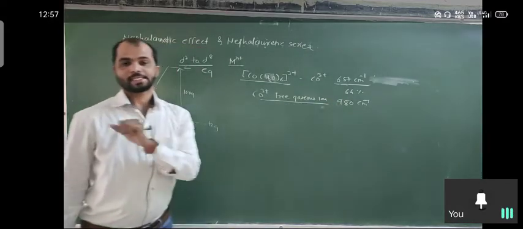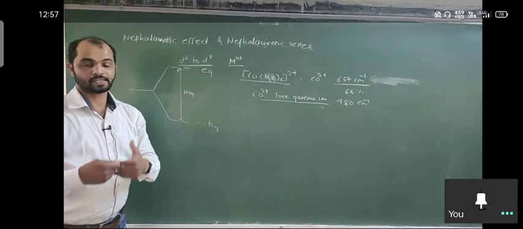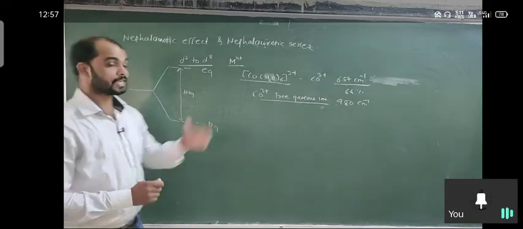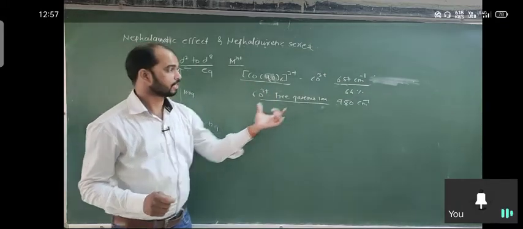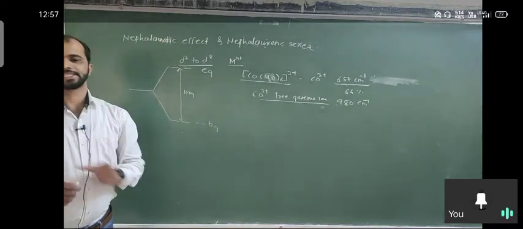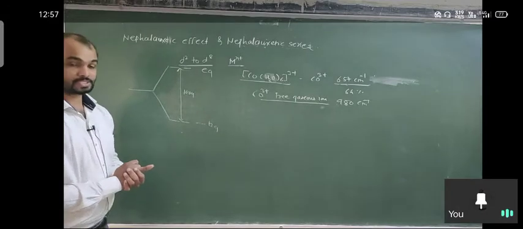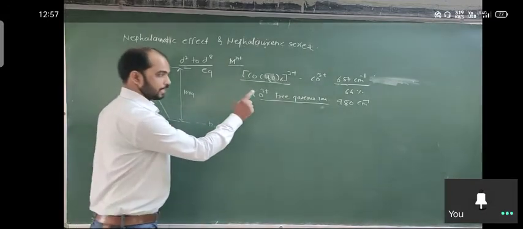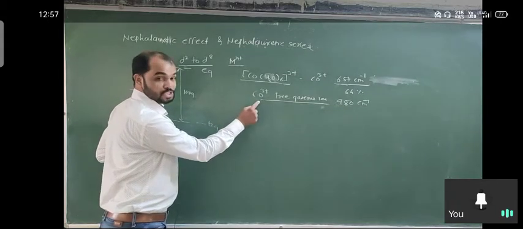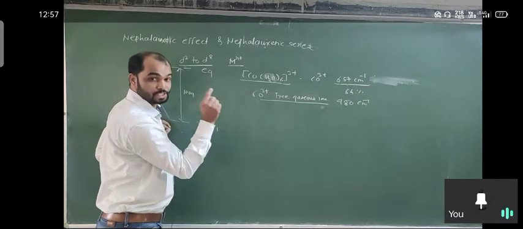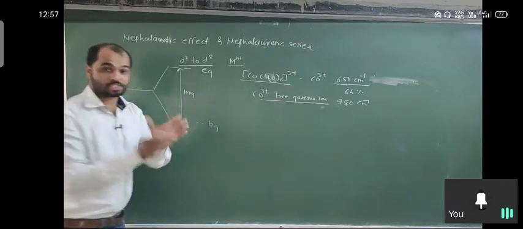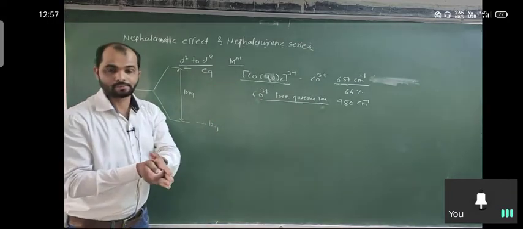So what is the reason? In the free state the energy difference is large, but after the formation of the complex, the energy difference decreases to 657 per centimeter. Why does this happen? The reason is that in the free ion there is more interelectronic repulsion between the electrons of cobalt 3+. That's why they cause the larger splitting to avoid the repulsion between them.